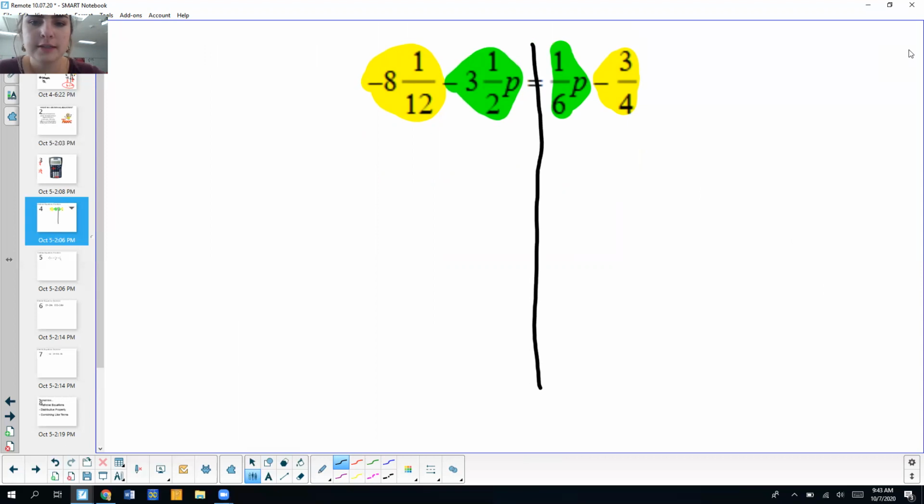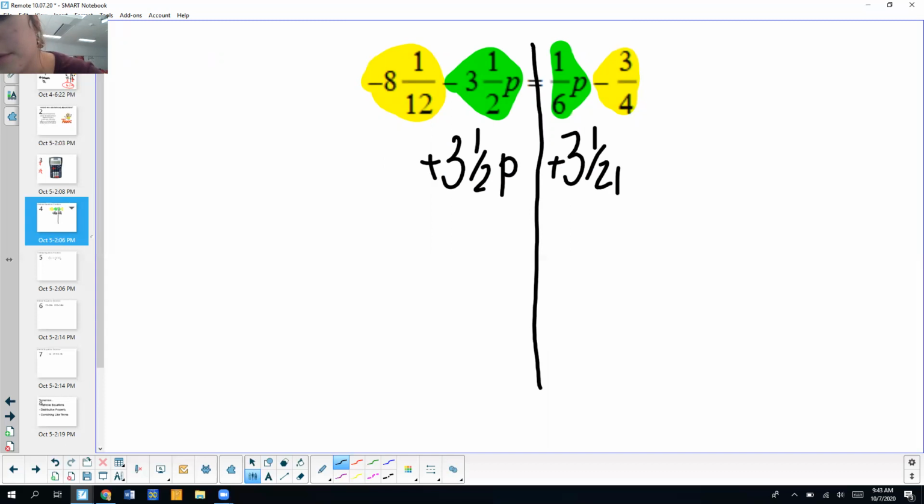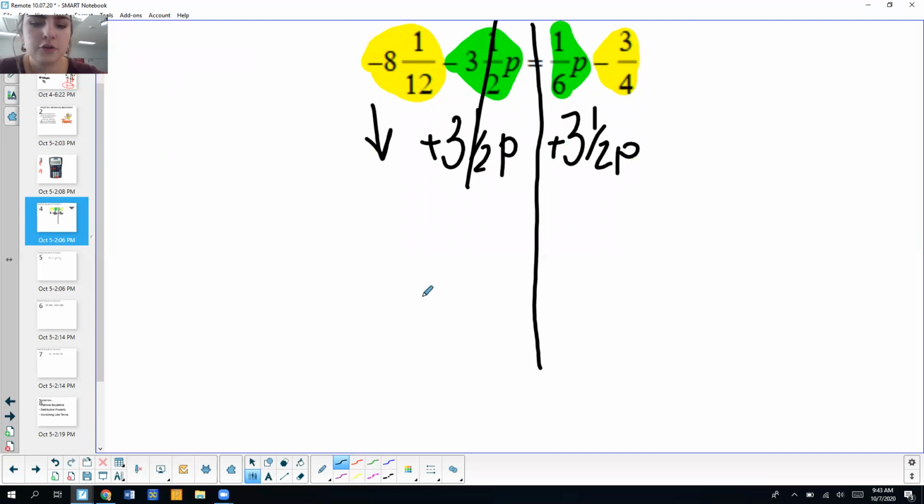Now this is where we ask, what is the smaller variable term? I know with fractions it's hard, but for this one it's nice and obvious. We've got -3.5 p or 1/6 p. Well, 1/6 is greater than 0 and -3.5 p is going to be way smaller than 0. So I'm going to add 3.5 p to both sides. That's going to cancel. I'm going to bring down, and it's super important to be nice and organized,